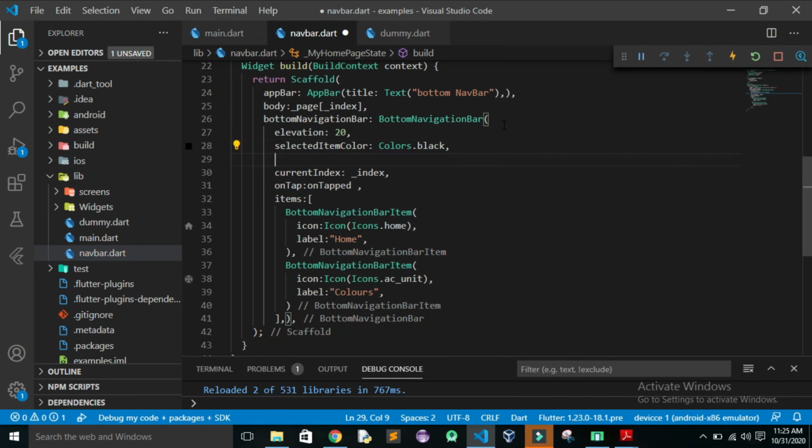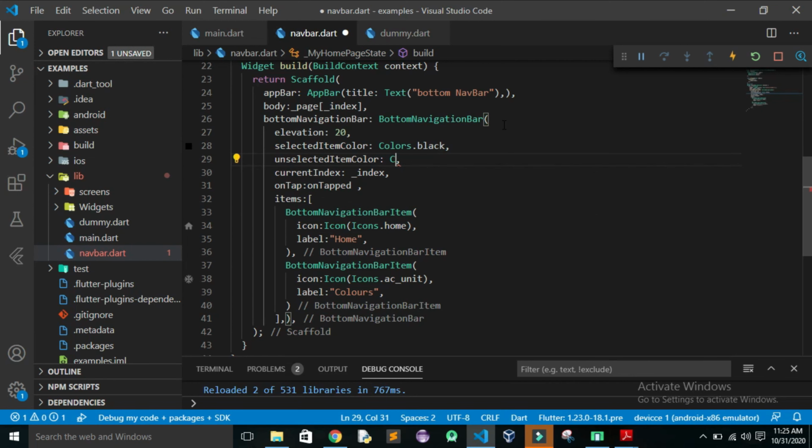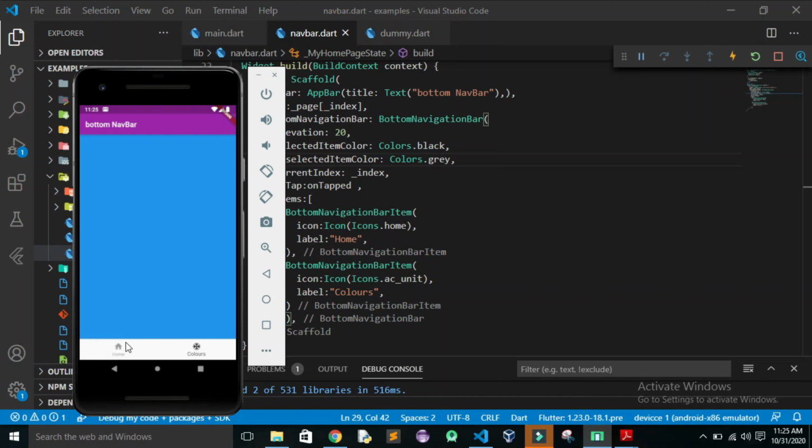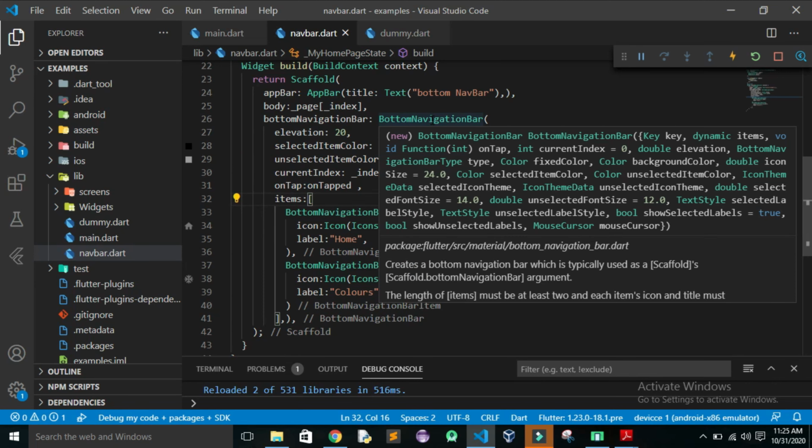We can do that also. And for unselected item color, we can use colors dot gray. Now if you save the changes and see, this is represented in the gray color, and the one which is selected is shown in black color.